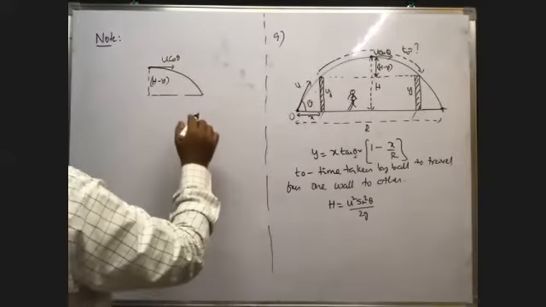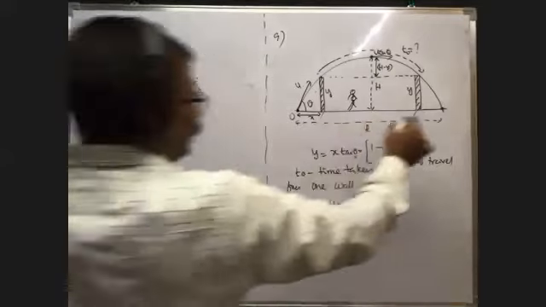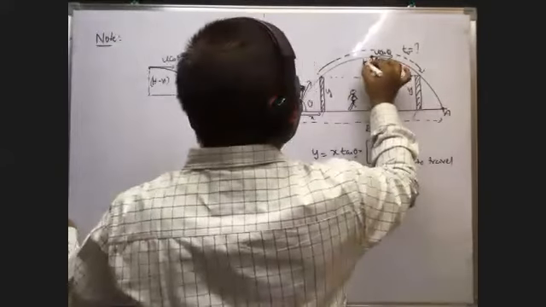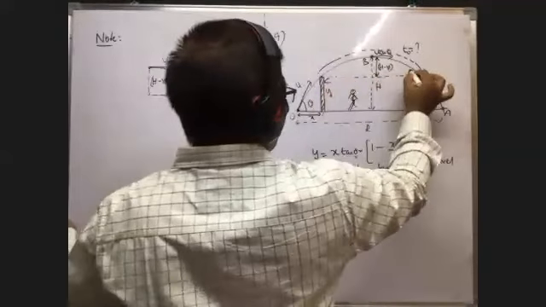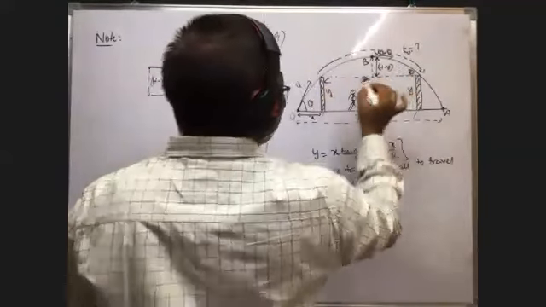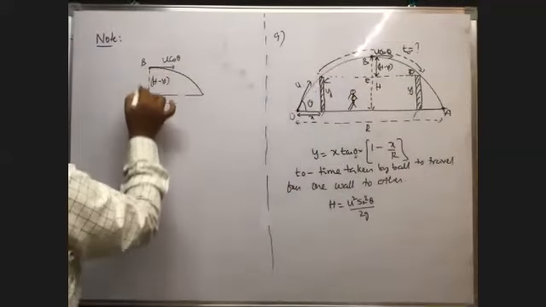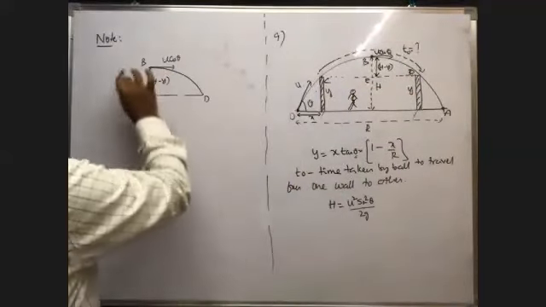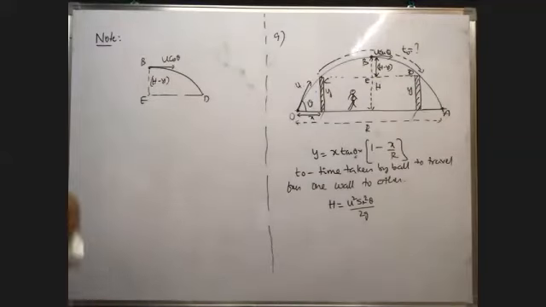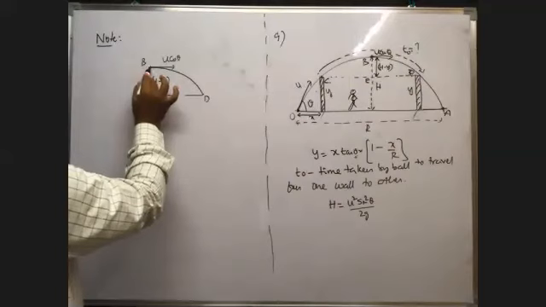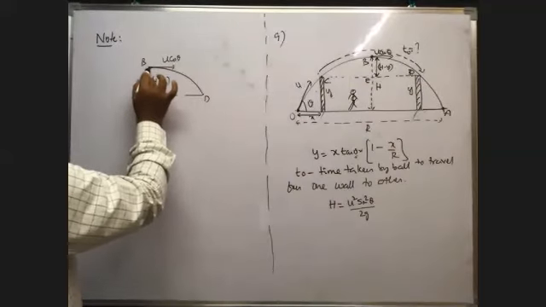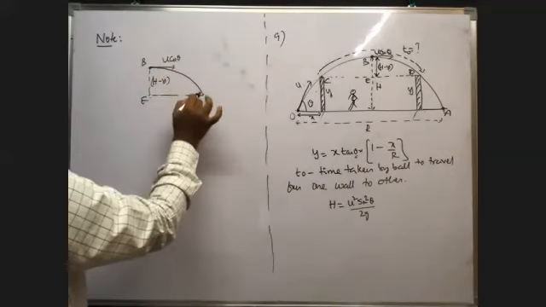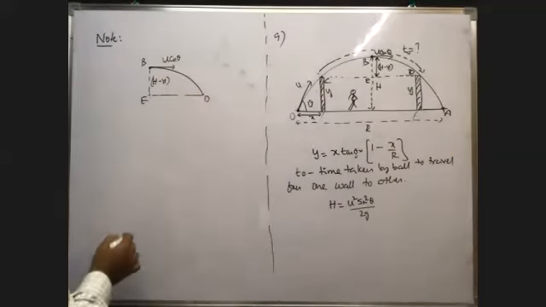Okay. Now, say this is the point A, this is the point B, this is the point C, and this is the point D. It is say E. So B, E, D. This path BD I drew. Indirectly, you see, this is a projectile thrown horizontally with a velocity u cos theta from a height H minus y. What is the time taken by this ball to reach the point D? This time they asked.